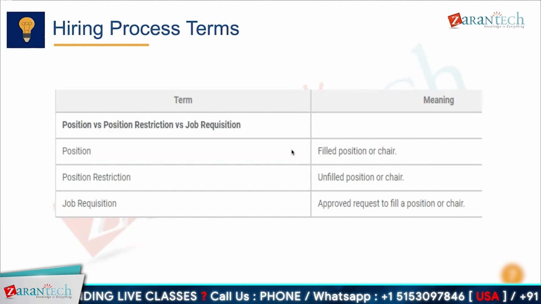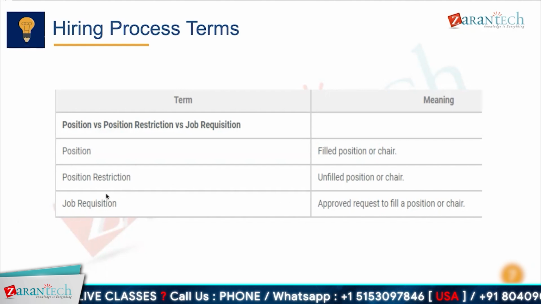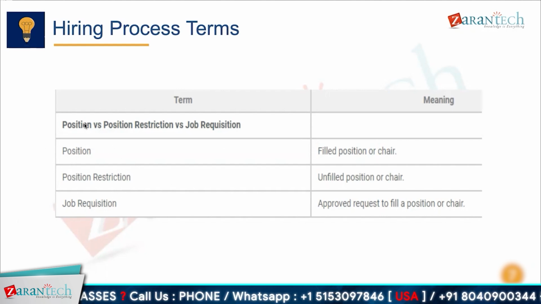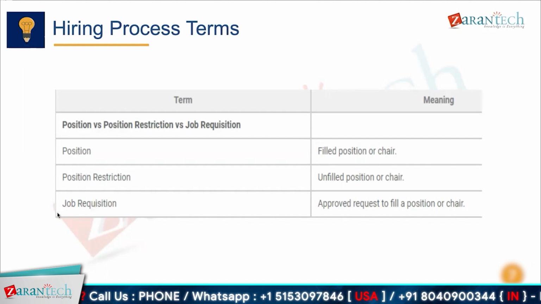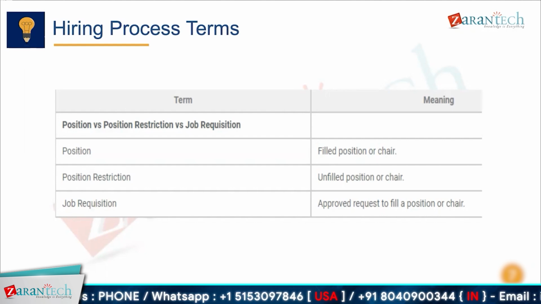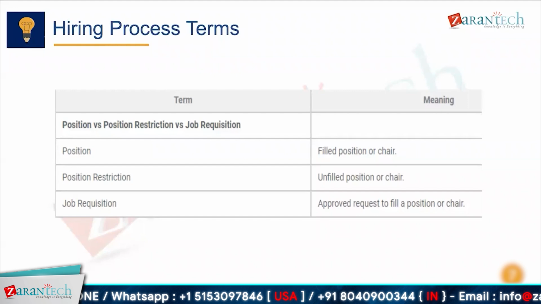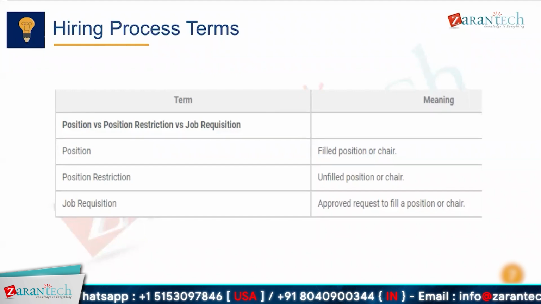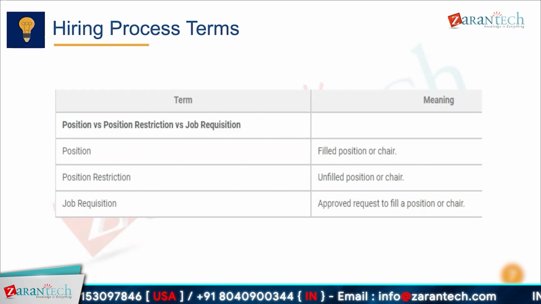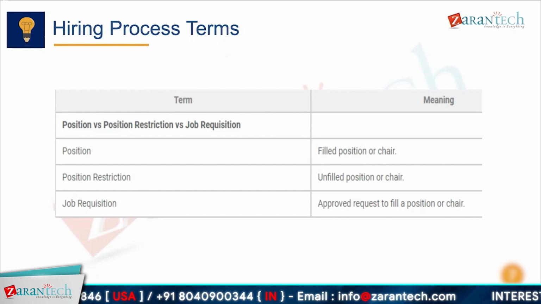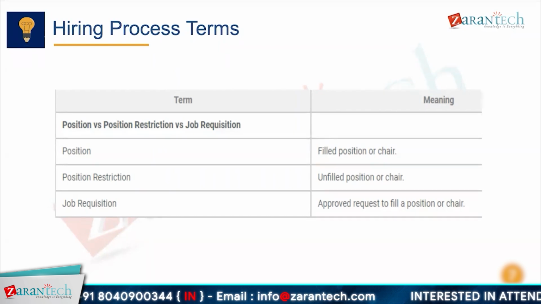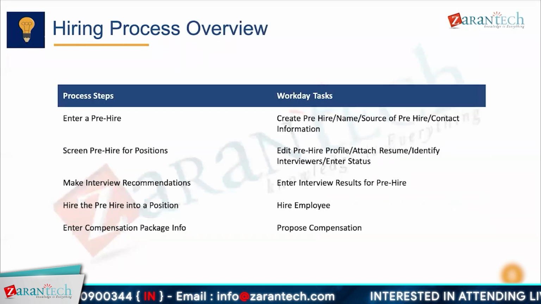In order to assign someone to a particular position, we need a job requisition process. So, job requisition approval basically. The head of that department or that supervisor will approve a job requisition,